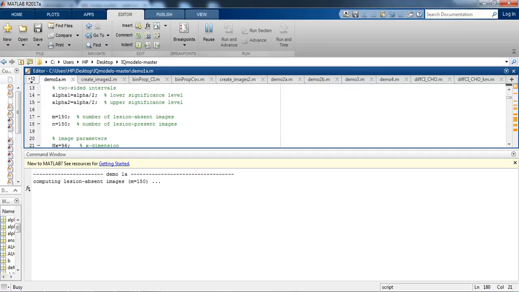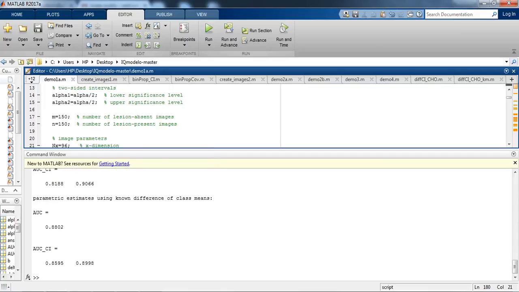So demo1.m is basically a demonstration of point and interval estimators for the area under the ROC curve for a fixed location signal detection task with one imaging scenario. This script uses the function createImage1.m to create a set of random images with a specified set of random number generator seeds. The channel matrix for a channelized Hotelling observer is created with the function makeChannels.m for two different channel types for each analysis method. The demo script outputs AUC point estimates and two-sided confidence intervals to the stream.